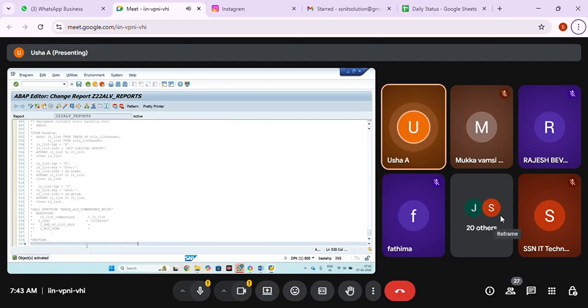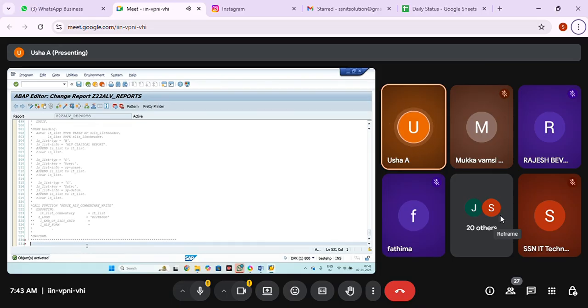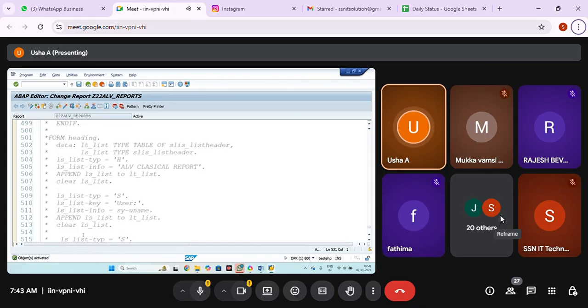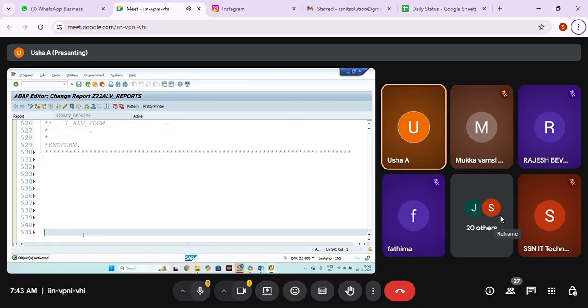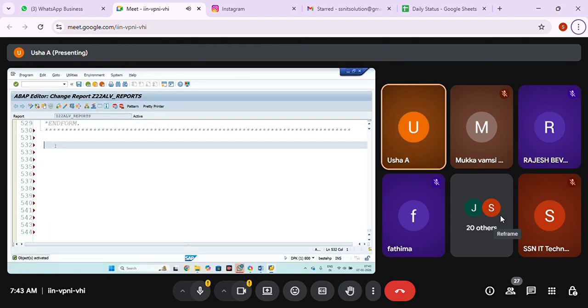So I'm starting the practical part now. Okay, the same ALV interactive report. We'll see that. Data ZPVDS.